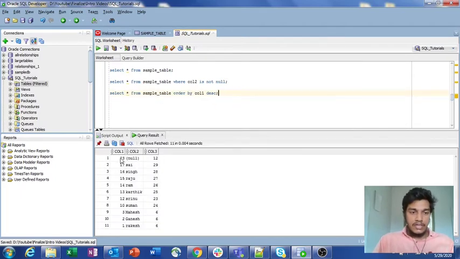If you observe, previously we had 1 in the first record and 23 in the last record, and now 23 is in the first record and 1 is in the last, decreasing from top to bottom. So this is how you can order in ascending as well as descending order based on your columns.